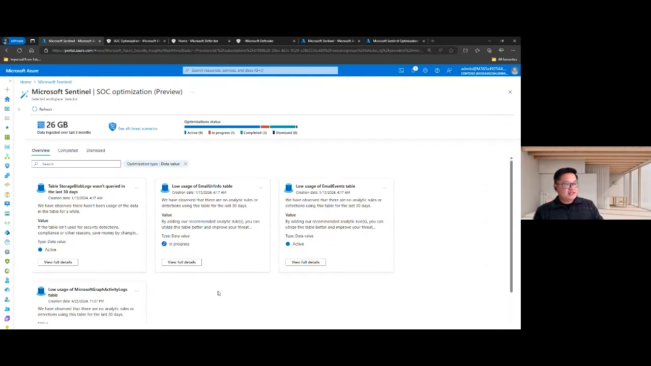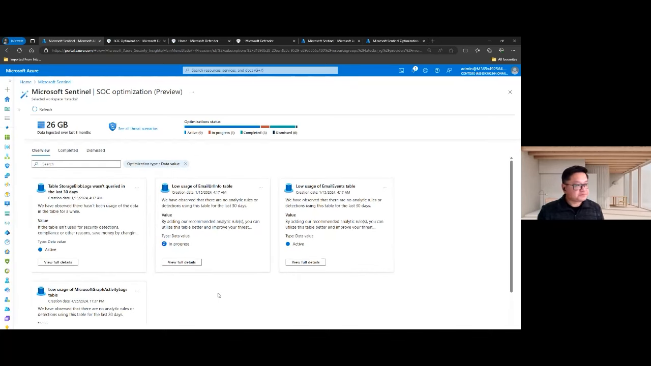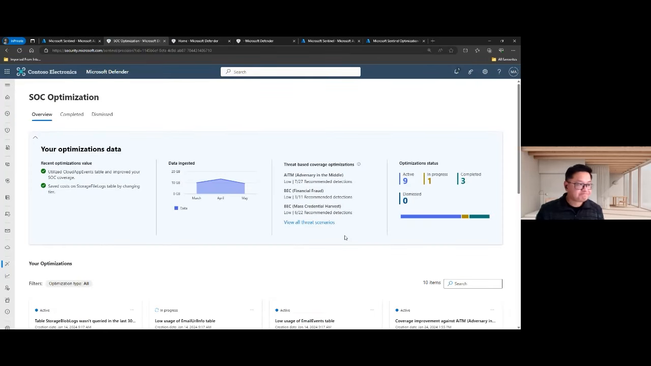So that was the data value optimization. Next, I will switch gears to talk about the coverage optimization. As I mentioned, I will show you in the unified portal, which probably is the same, but I just want to show you in a different portal to let you know how it looks. Now for the threat-based coverage optimization, as you saw from the slides earlier, it came from our